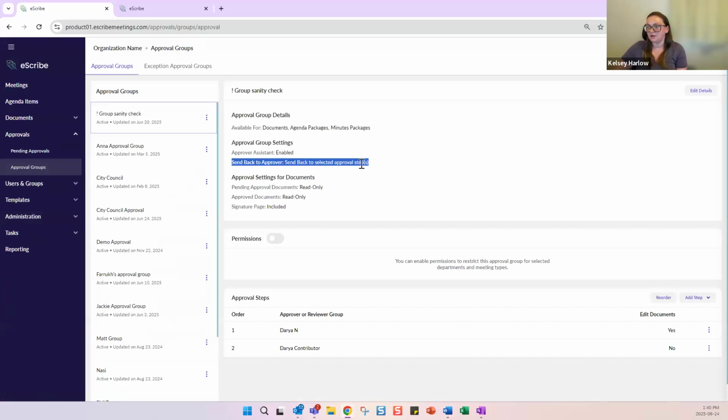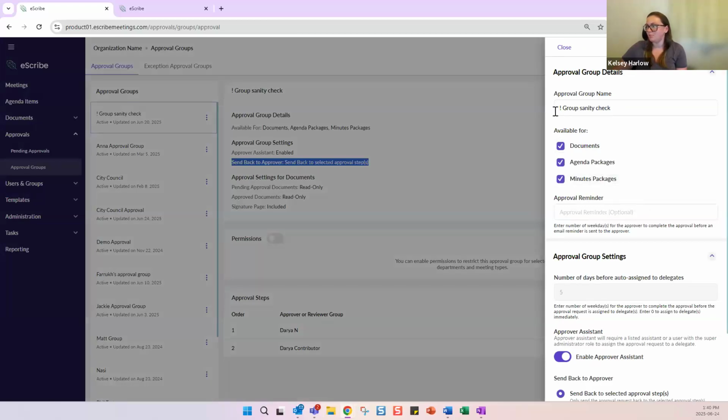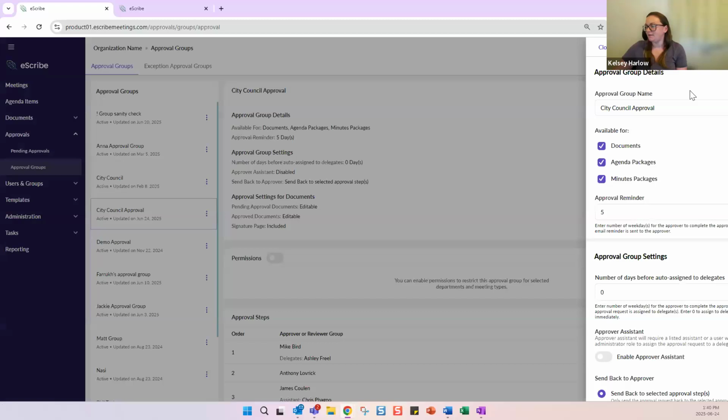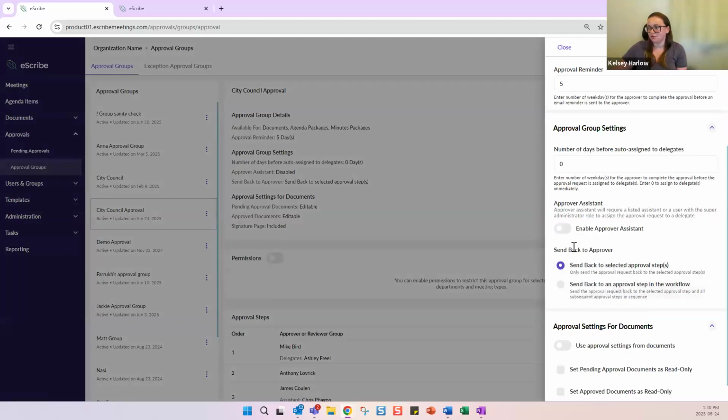This is a setting listed here, so it lets you know exactly which one you're using. And if I go to edit my approval group, I'll edit the proper one, my city council one. If I go to edit that, you can see that there's two options here for sending back to an approver. So the first one is sending back to the selected approval steps. So basically, if you had a large approval group, maybe 10 people, and let's say it's on step number 5,